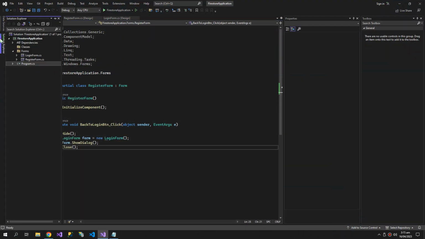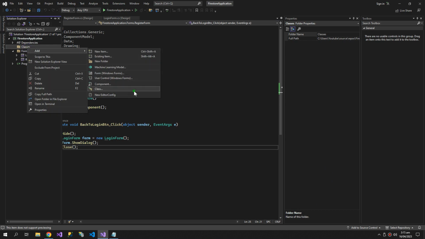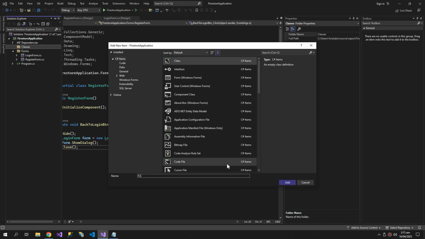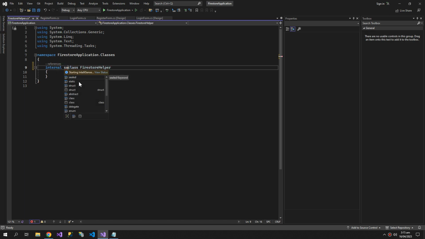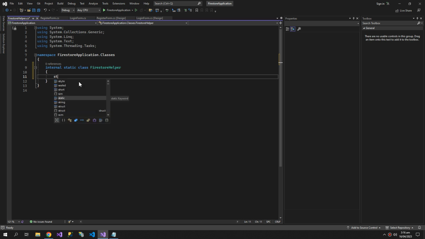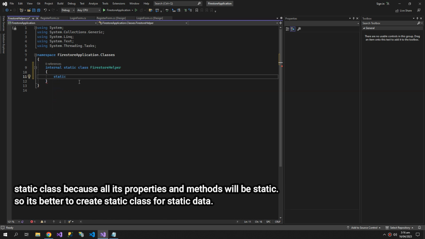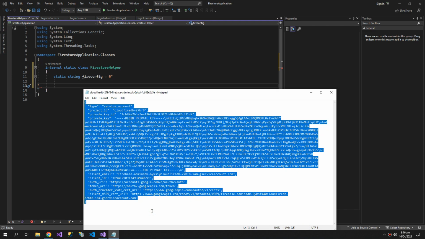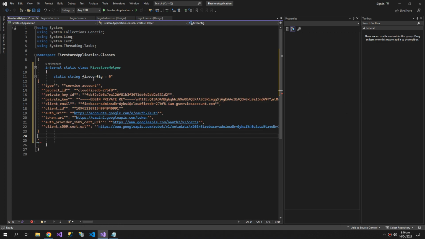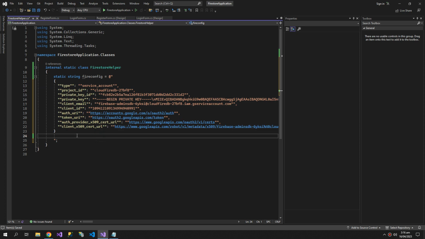Now we need to create a new class, and we can name it FirestoreHelper, and this will be a static class and a static field, a static string fireConfig, which will be equal to @, and then I will copy all of this here, just like that, and then